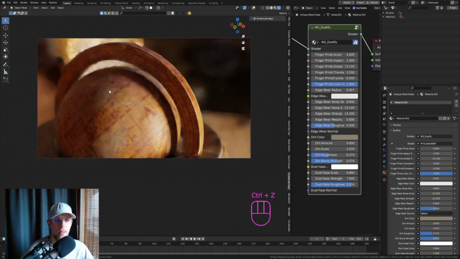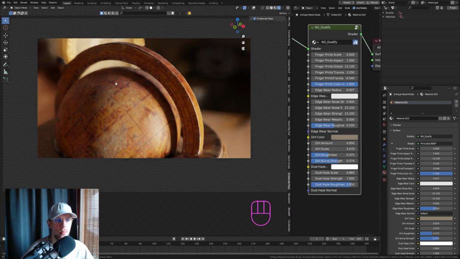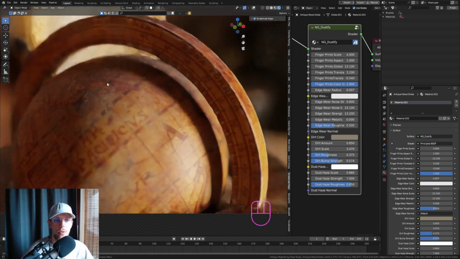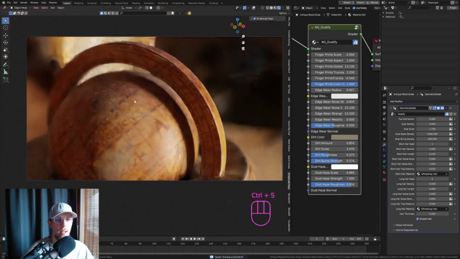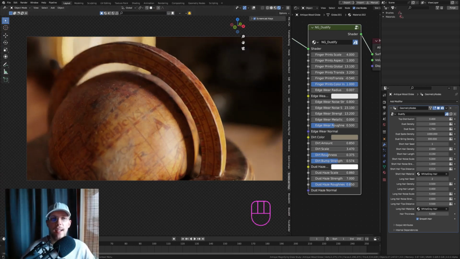And if I Ctrl Z that, we'll have our actual Dustify back, right? And it looks much more in line with the actual dust on top, right? So if I crank up this density of the dust now to, let's say, 3, and the top distribution to like 0.4, we get a very nice dusty look here, right? So this is something that actually looks like it has been sitting on your desk or in your basement for